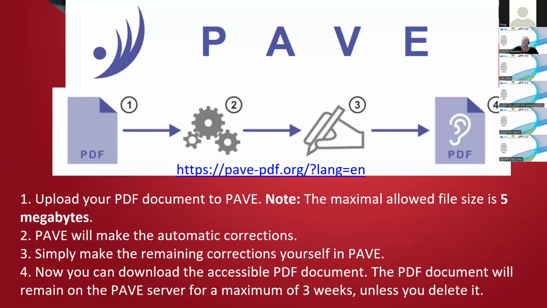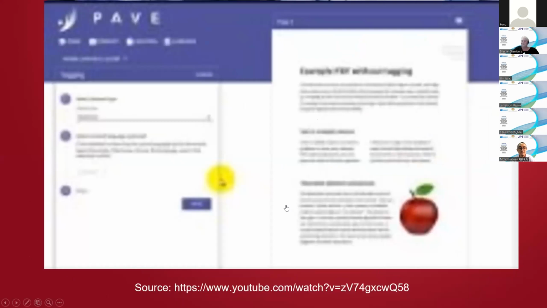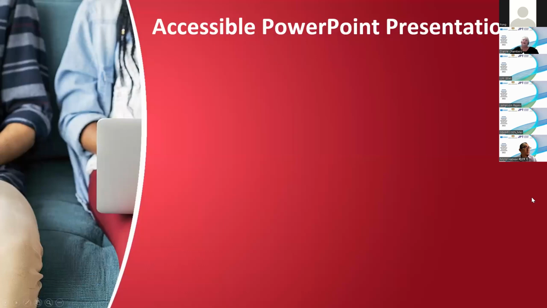Okay. So those are PDFs, and tasks is actually going to be using a PDF which I've created and making it accessible, because it's not accessible at the moment. Okay, excuse me. Oh, I've put a video up, but you can actually go and watch the video. It's on their website and it tells you how to use PAVE. So if you're not sure, please go and have a look at that video. It's very useful. The next one I wanted to really quickly talk about is an accessible PowerPoint document.